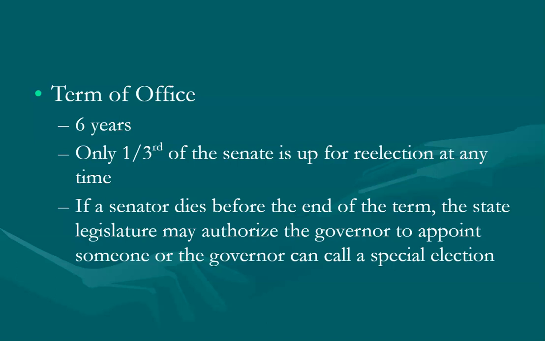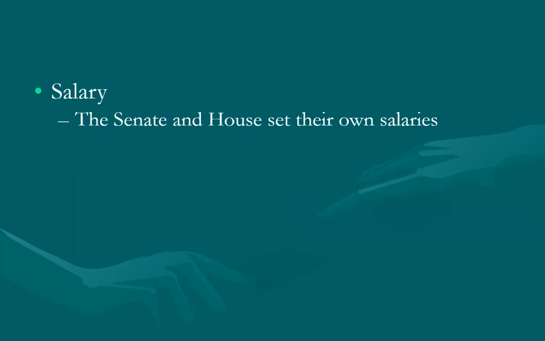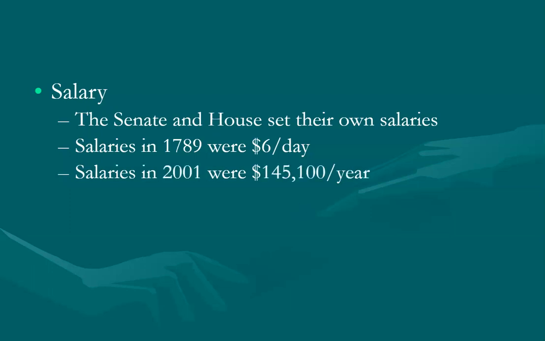If a senator dies before the end of his or her term, the state legislature may authorize the government to appoint someone, or the governor can call a special election. Salary. Now, the Senate and the House set their own salaries. The salaries in 1789 were $6 a day, which obviously doesn't sound like much, but money did go farther back then. In 2001, the salaries were